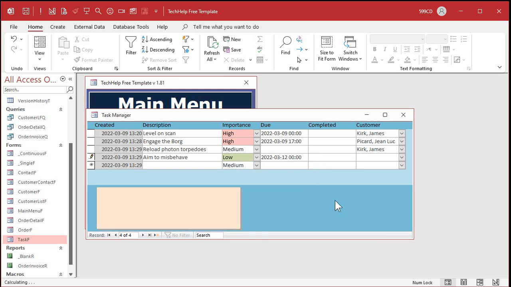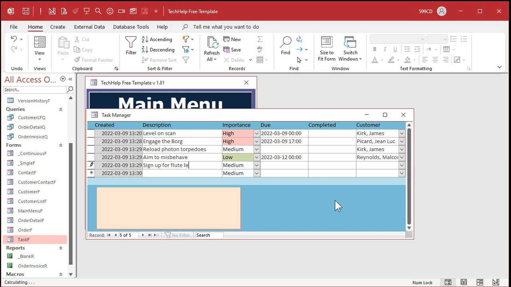Okay, and that's going to be Malcolm Reynolds. Sign up for flute lessons. Low, maybe sometime next week. So I'll type in, you could just type in like 5, what's today? Today's 3/9. So let's say 3/19. Yeah, that's that easy. It's nice with the ISO dates because if the date that you're typing in is the current year, you can still just type in 3/19 if you're in the US